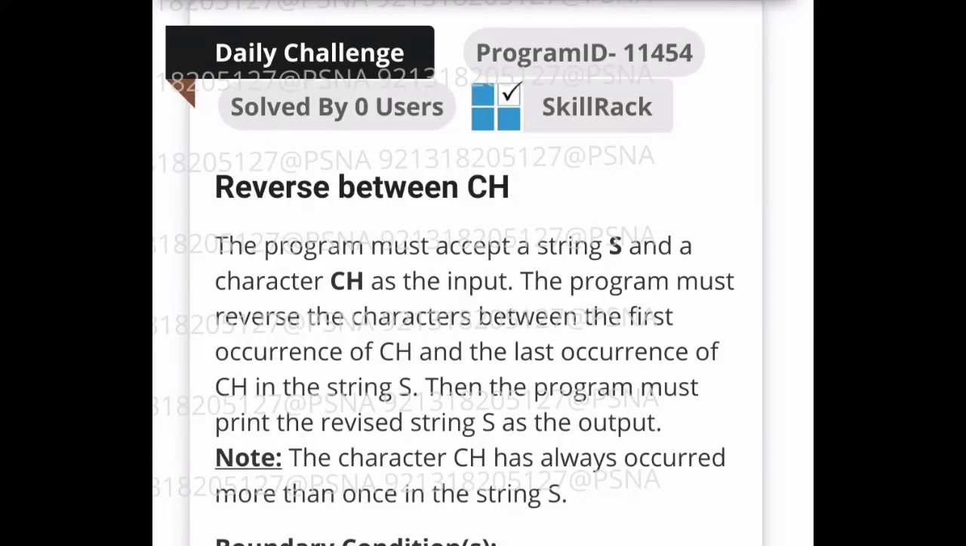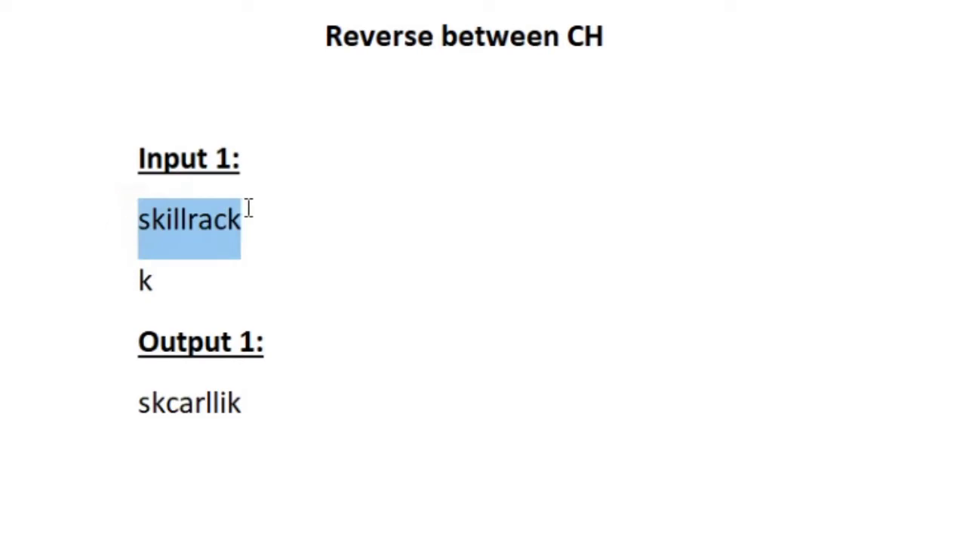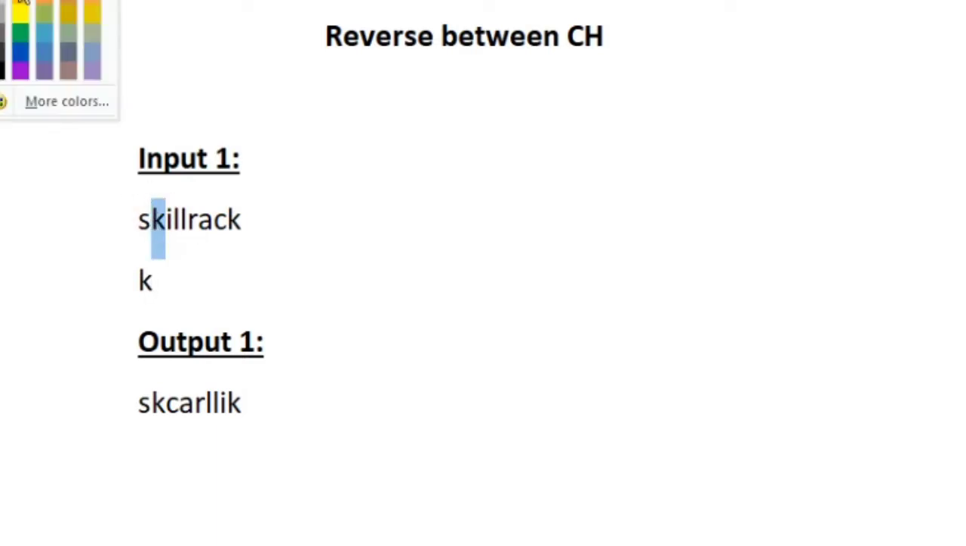This is the question asked in today's SkillTrack Daily Challenge. We are given a string and a character as an input. Our task is to find the first and last occurrence of the character ch in the given input string str. Here the first occurrence of the character k and the last occurrence of the character k are highlighted